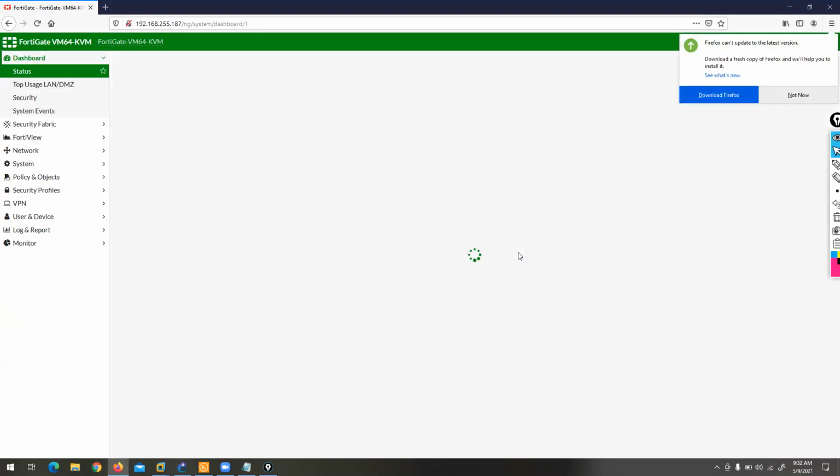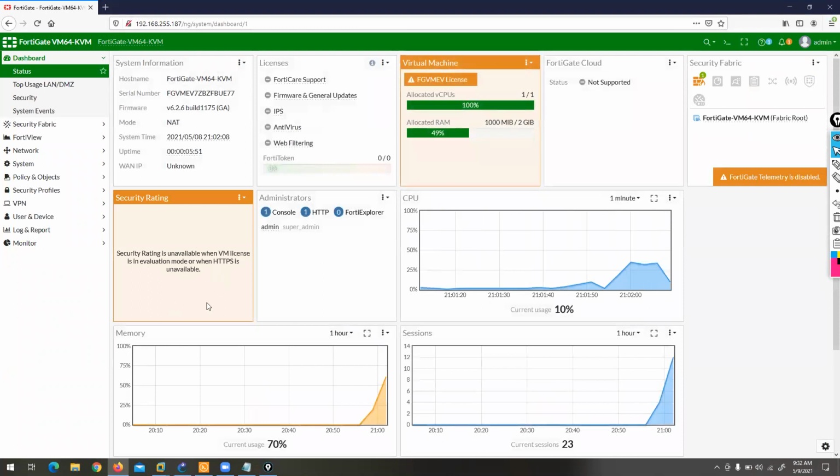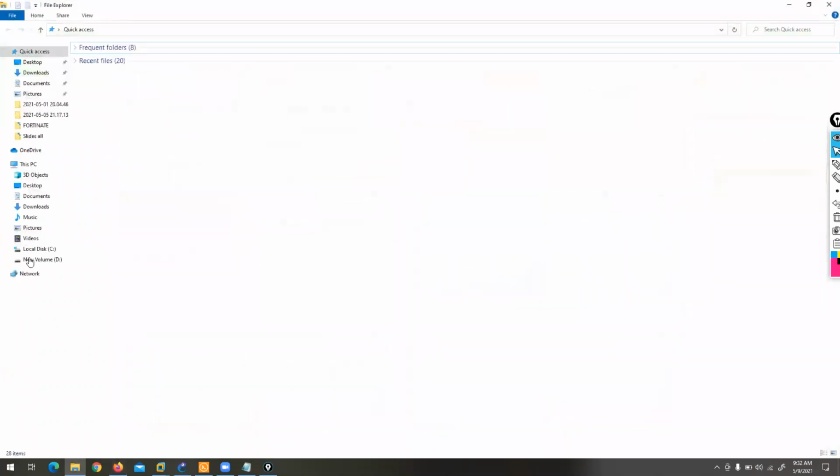So guys, what is application control? Application control is an option. For example, Cisco ASA is a second generation firewall, but Fortinet is a next generation firewall. With Cisco ASA, we cannot block a specific application. If you're working with a Cisco ASA firewall and you want to block an application, you need to know the port number for that particular application.